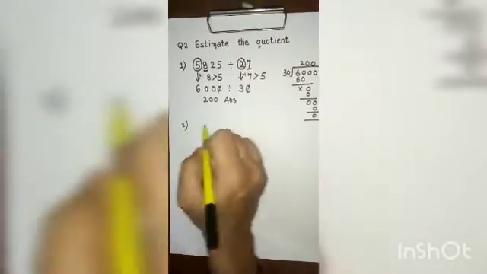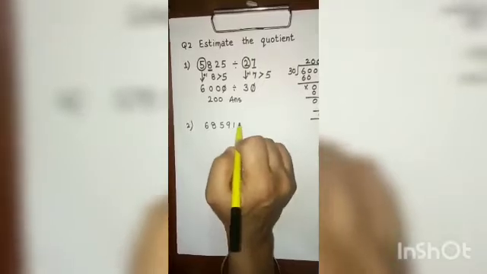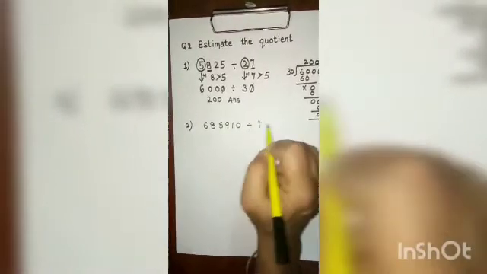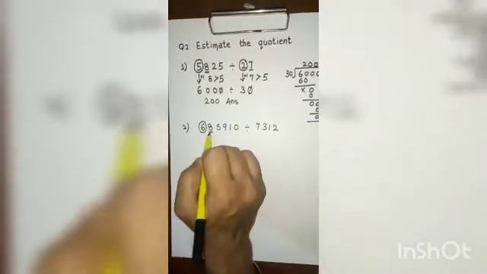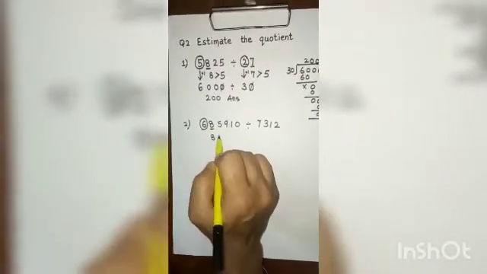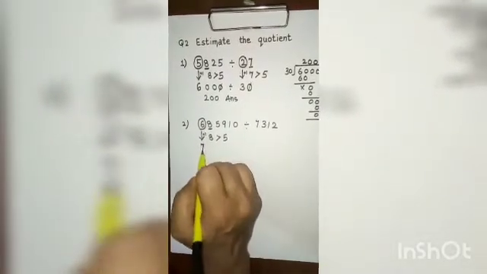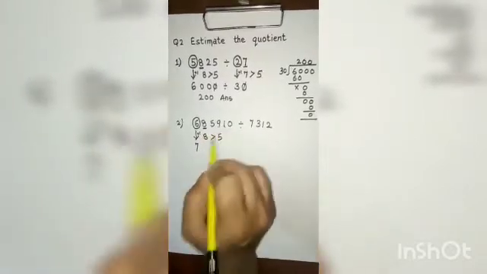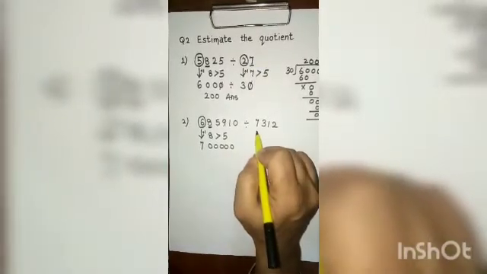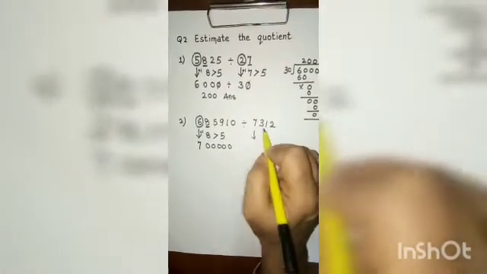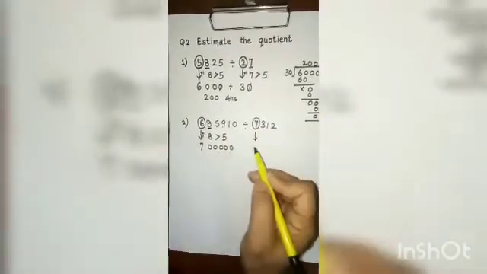The second question is a big number. Just see the numbers that I am writing and then the next number. Now again the first digit and the second digit. The 8 is again bigger than 5, so you are going to add 1 to this. It becomes 7. 1, 2, 3, 4, 5, so you are going to put 5 zeros. Always remember that you have to count how many zeros are supposed to be written. If you write 1 zero less, the answer will be wrong.